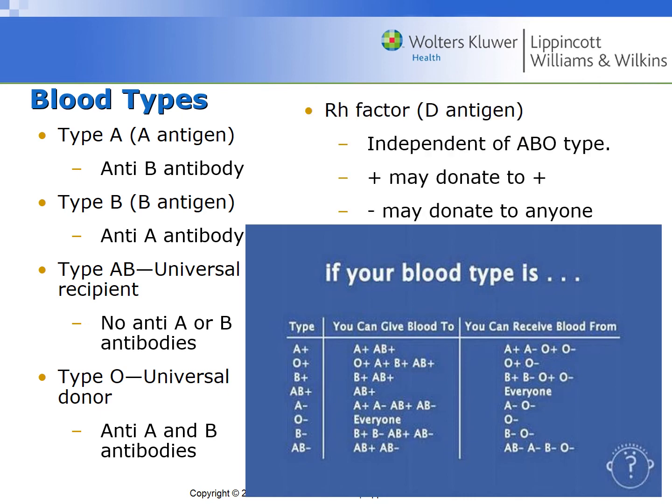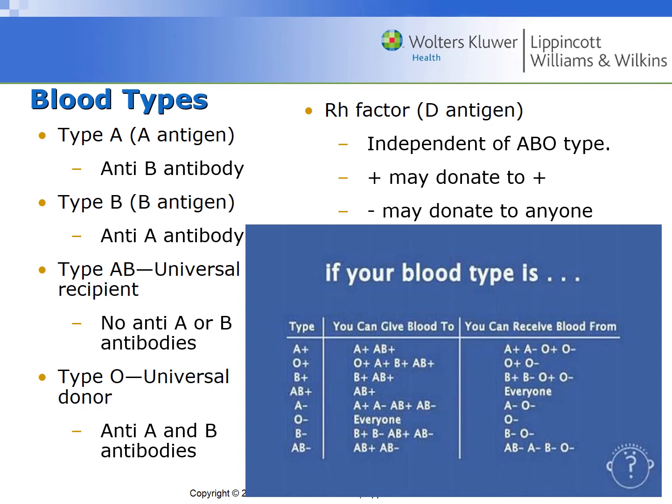The RH factor, the D antigen, that is where we hit our positive or negative, right? It's RH positive, RH negative. So this is independent of blood type, right? Positive may donate to positive, as you can see here with the graph down below. Negative can donate to anyone, because if you don't have the RH factor on the blood cell, then nobody's RH antibodies are going to